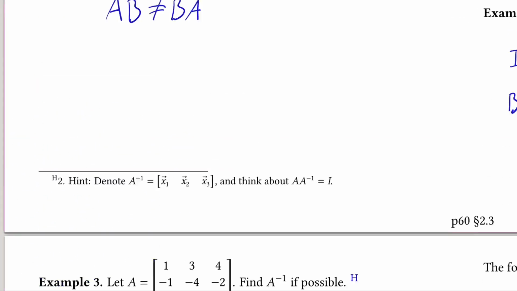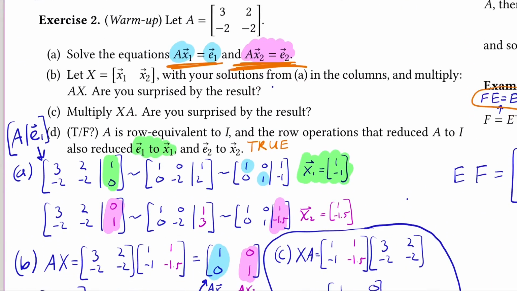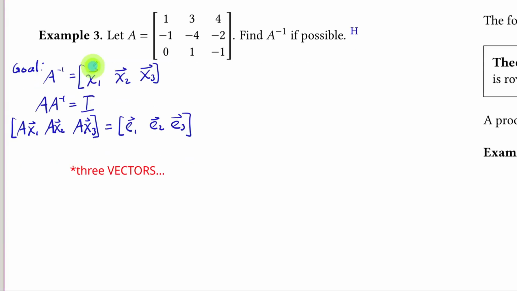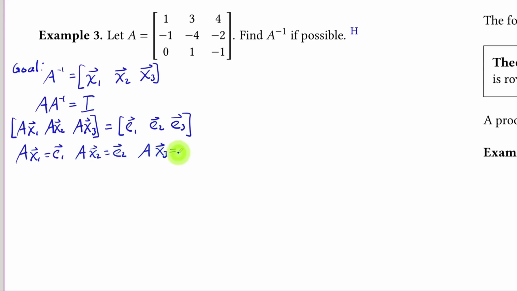So maybe you see where this is going if you just did this exercise 2 warm-up recently. What we want essentially to get this inverse is 3 matrices that you can multiply by A to get the corresponding columns of the identity matrix. So essentially we want to solve 3 systems of linear equations. Like so. And to do that, we would row reduce these augmented matrices